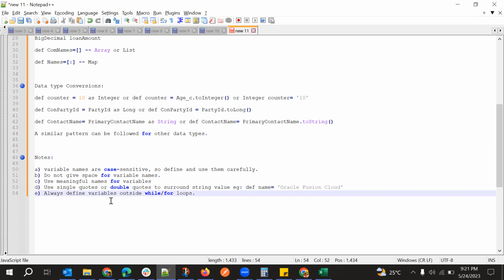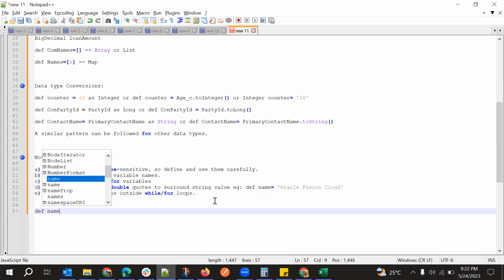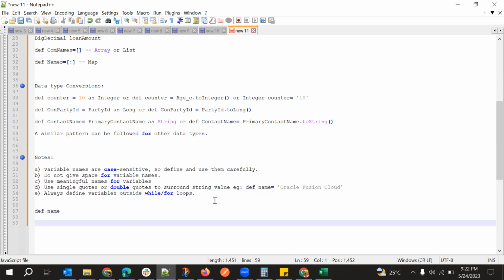Instead, we will define it outside or before the while loop, and then we'll just use it inside the loop. Like def name, we will define this, and then when it comes to the for loop,